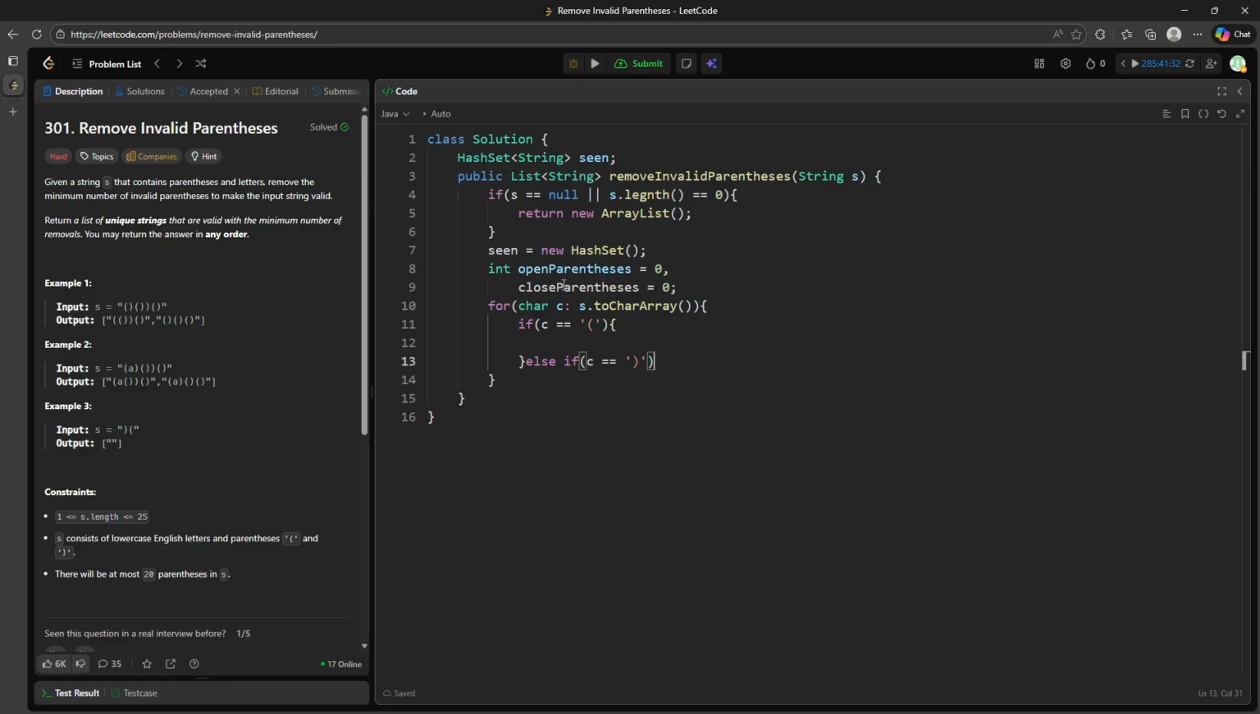So we want to make sure we are trying to clearly define the character, because you can have an alphabet later, right? So that being said, you are trying to increment right here, and then when you see a closing, we want to make sure if the opening parenthesis count is greater than 0,